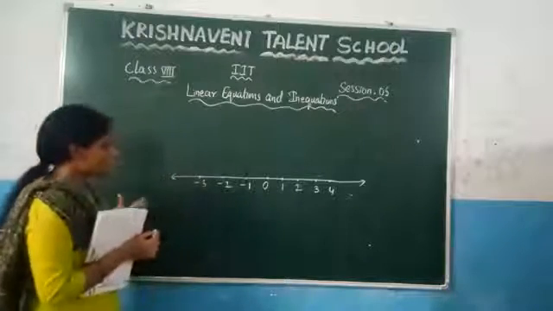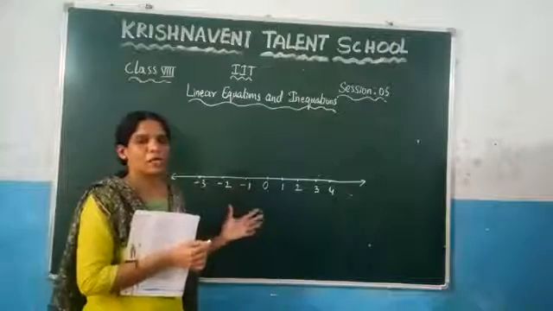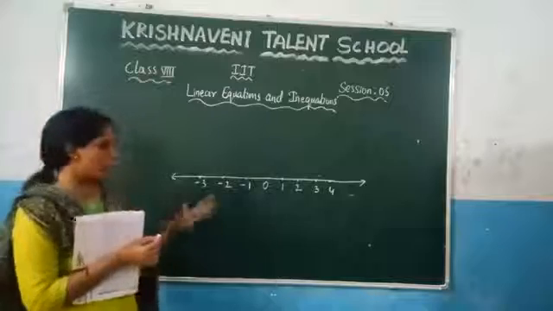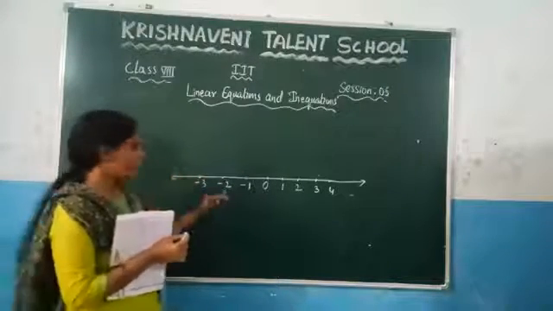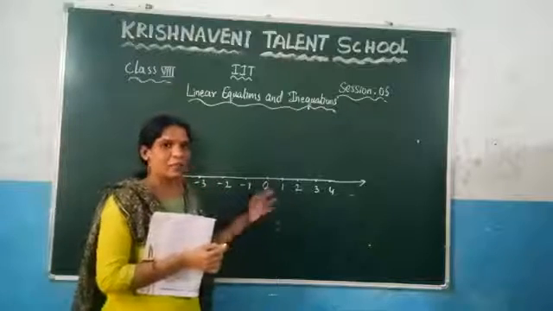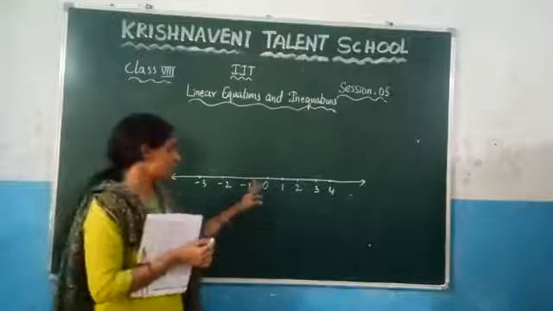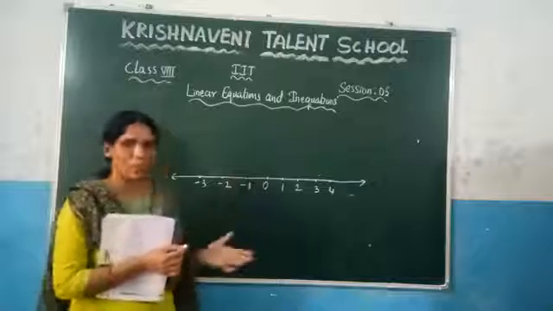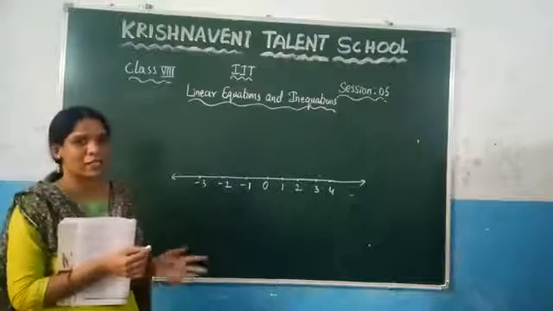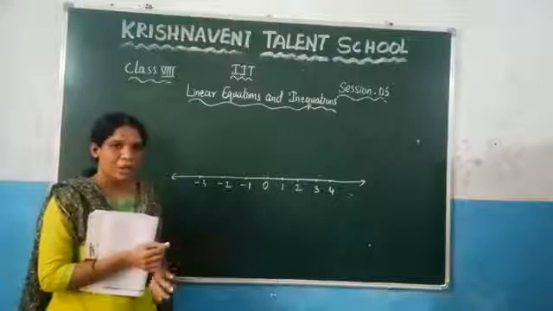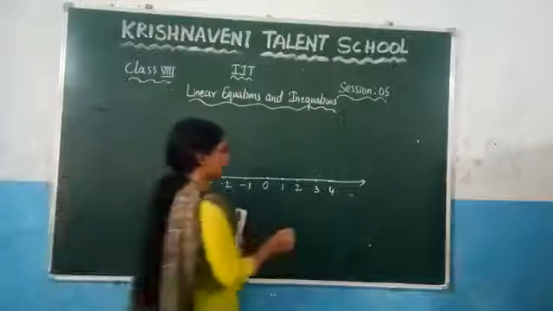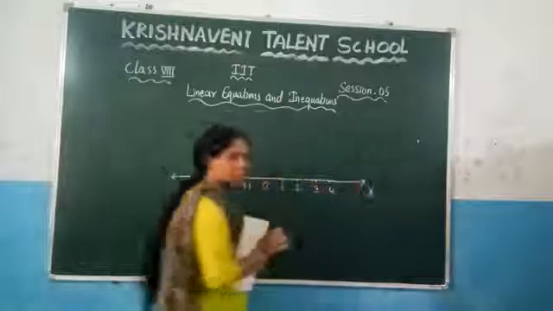So this is nothing but the horizontal line we have drawn here on the plane. You know that this is one plane, right? And in a plane we have drawn one line and we have marked the positive numbers, negative numbers and the 0. That means we have represented the integer line. So this horizontal line in a coordinate plane, we call this the x-axis. So write it here x.